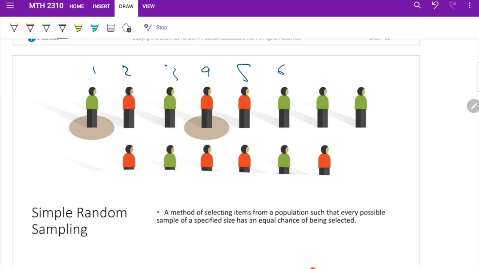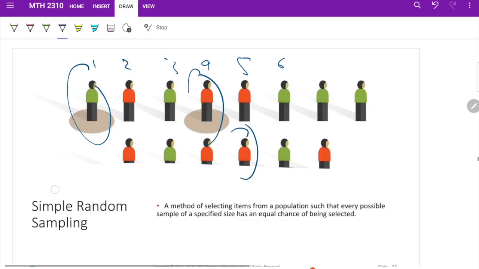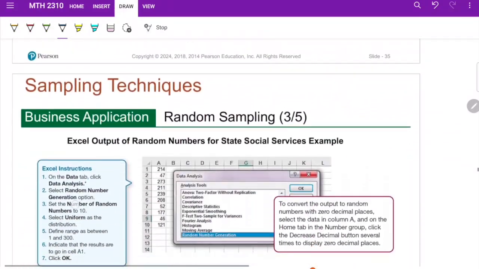Excel gives you numbers like 1, 5, 6, 6, 9, etc. Then you start picking these people, right? So this is simple random sampling. The other technique we use is the